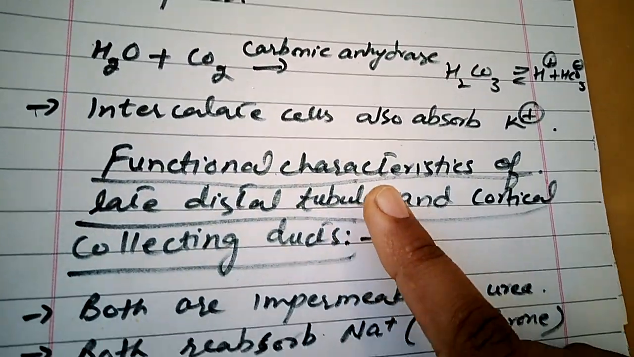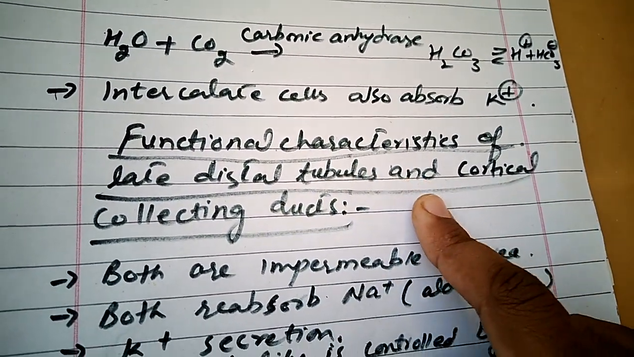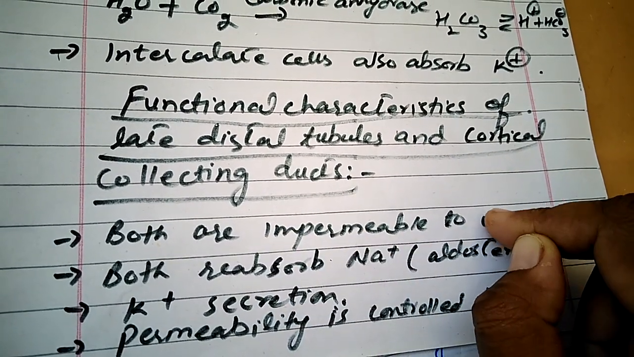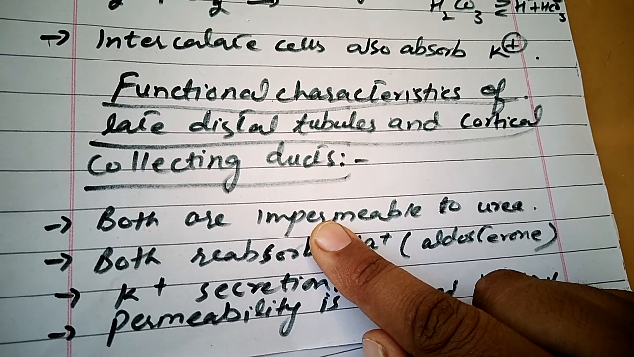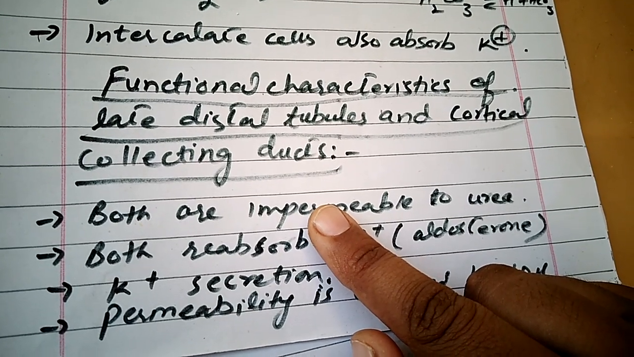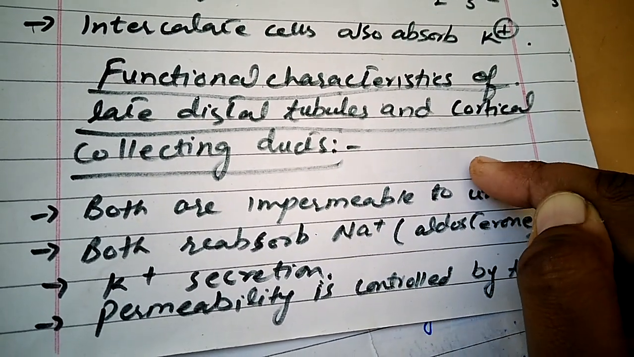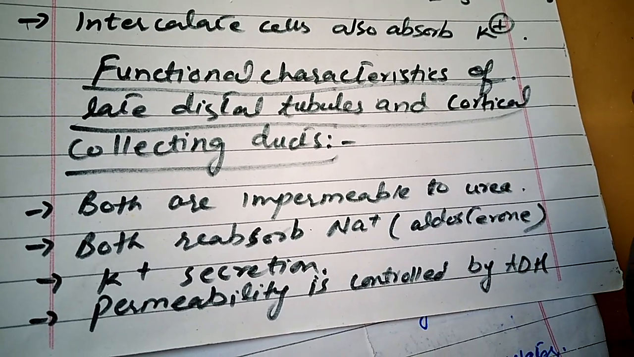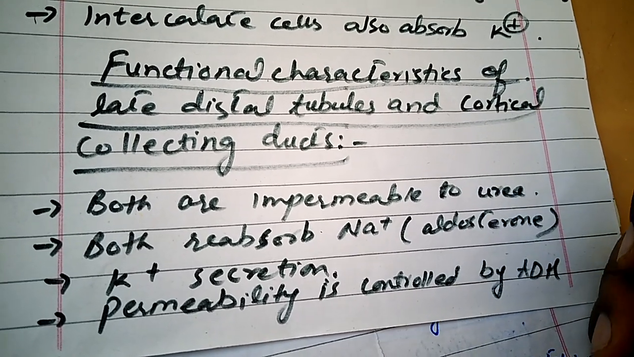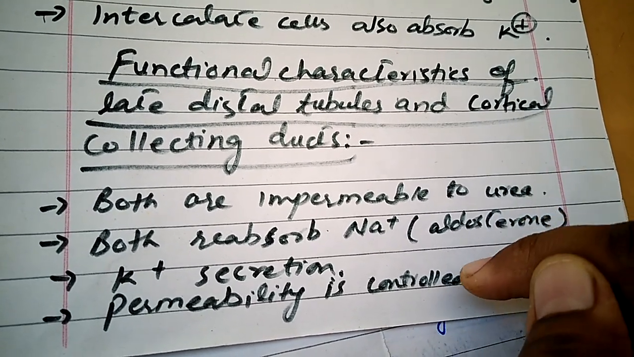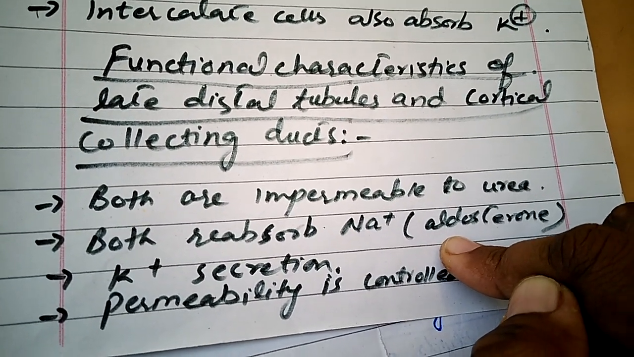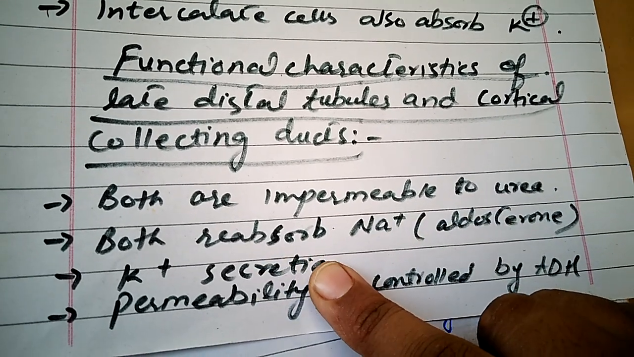Now, what are the functional characteristics of the late distal tubules and the cortical collecting ducts? Both these tubules are impermeable to urea. So almost all the urea present in the tubular fluid is removed through the nephron into the urine, because this is a nitrogenous product and there is no use of keeping it in the body. Both reabsorb sodium, and this is powered by a hormone known as aldosterone. Potassium secretion occurs in both